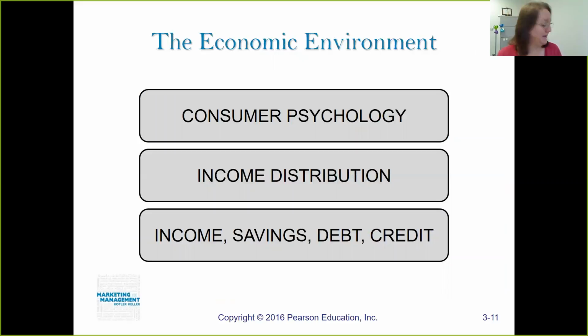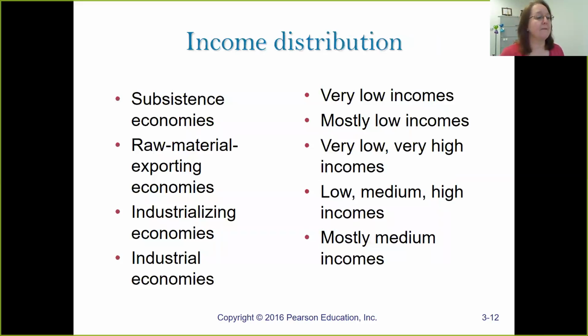So in the economic environment, we are looking at consumer psychology. So we look at what people are feeling and how people are reacting in the marketplace. We look at income distribution and how different levels of income spend money. We look at trends in income, savings, and debt and credit. So income distribution,